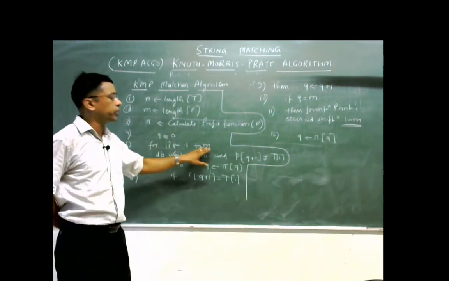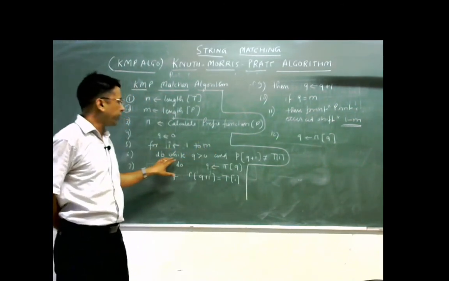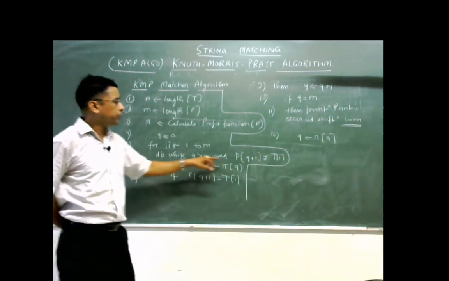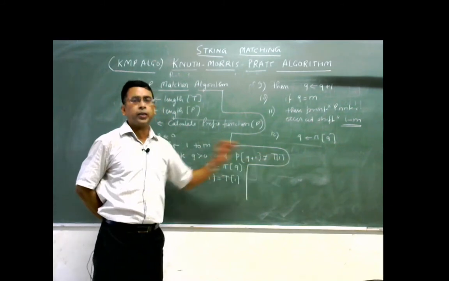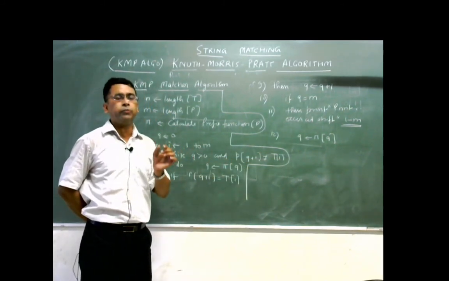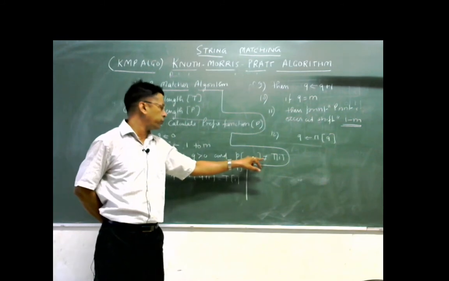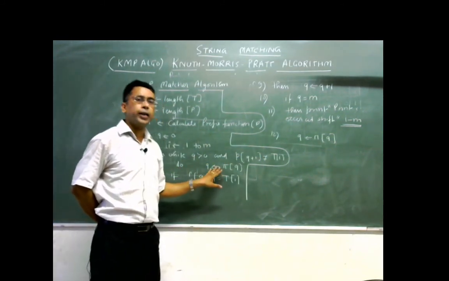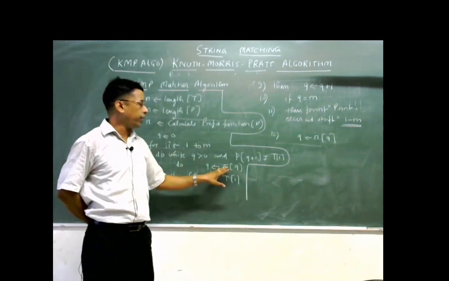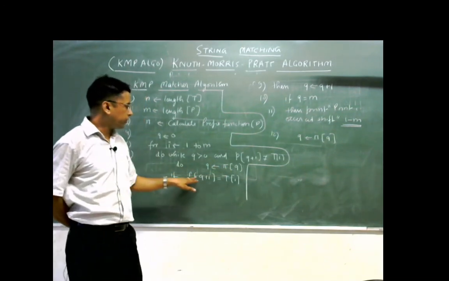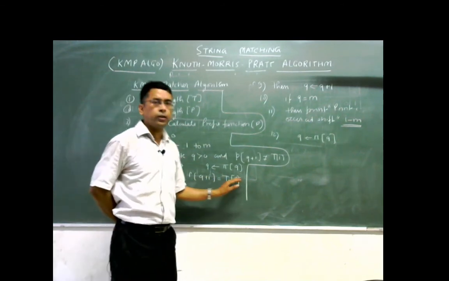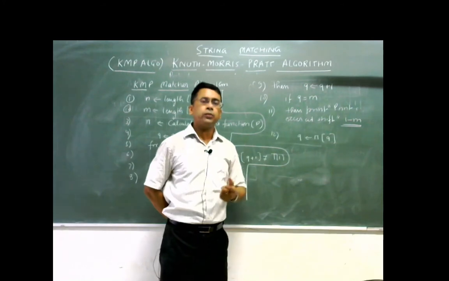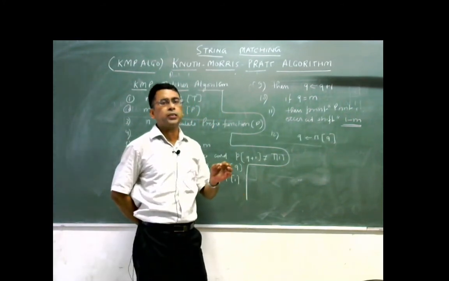and for i is equals to n, up to the length of a string, we shall find out that q is greater than 0 when there is a matching and p q plus 1 is not equals to T i. There are certain portion of the pattern that are being found and rest of the element which are not found. Then in that position, what we do, we assign at position q the value of pi q, and if they keep on matching, then we keep on increasing the value. It means the number of matches is defined by the q.